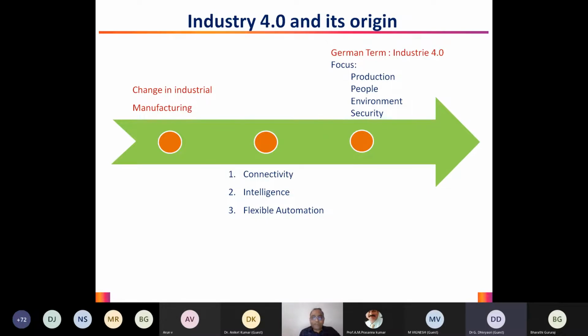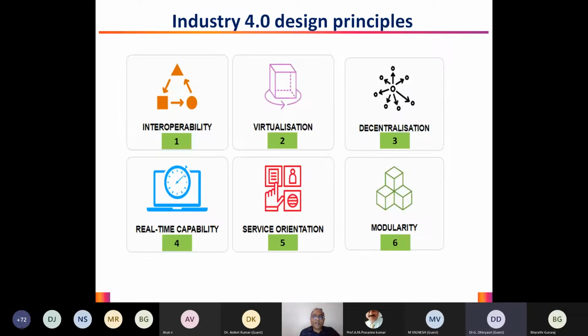With this little talk about Industry 4, we will try to understand the different principles that Industry 4 employs, right? So Industry 4 relies basically on six principles, the first one being interoperability. So what do we mean by this? It basically involves the exchange of information between the machines, the humans, and the entire organization, where the data is exchanged so that we try to coordinate the entire process in a much better way. And then comes virtualization.